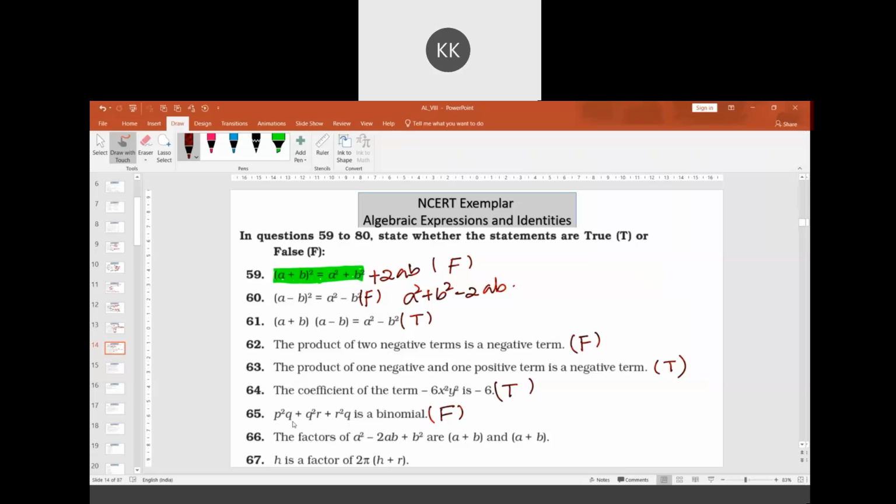Now listen, if the question is the same thing, given is a polynomial, what is the answer? True, sir. If I change the question as p square q is a polynomial, what is your answer? Polynomial, sir. Inside polynomial there are monomials. I said in the beginning that monomial, binomial, trinomial, they are all polynomial. Is there a quadrinomial? False, sir.